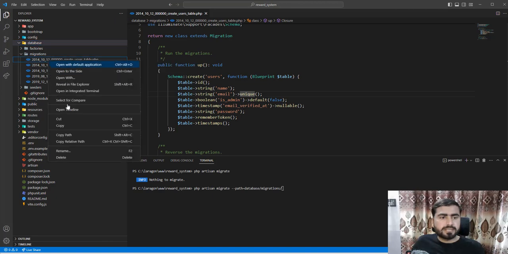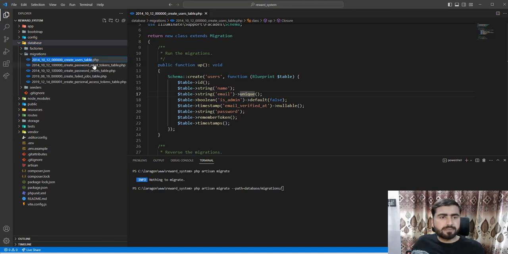So I'm going to click on this and copy its full name, press Ctrl plus A and copy this name, and here I'm going to paste this name. So now I'm telling Laravel to only migrate this migration. This migration wouldn't work. Why? Because we need to refresh it. I need to add the refresh flag, because this migration is already executed. So here I need to type refresh and hit enter,